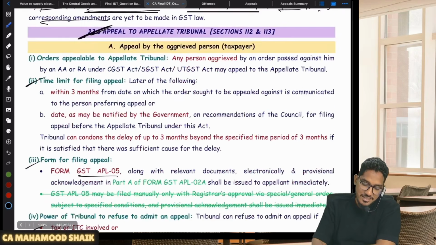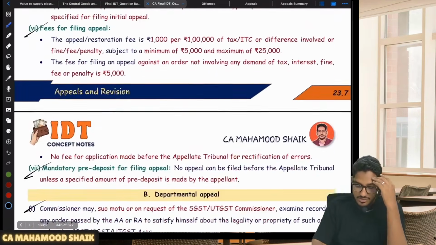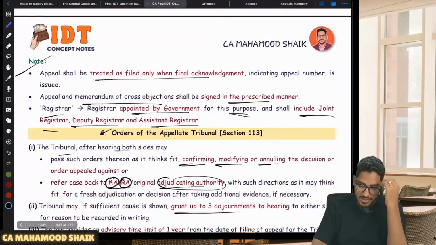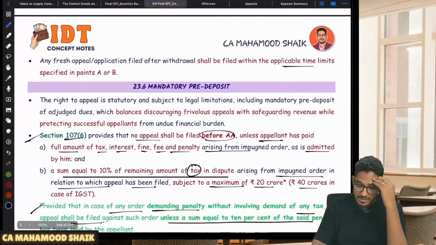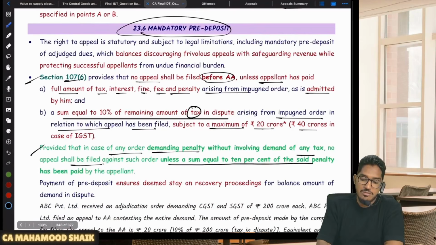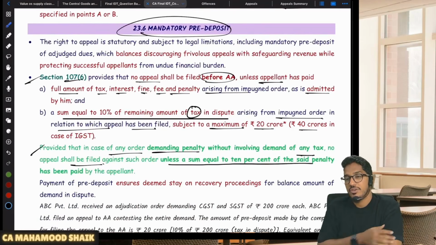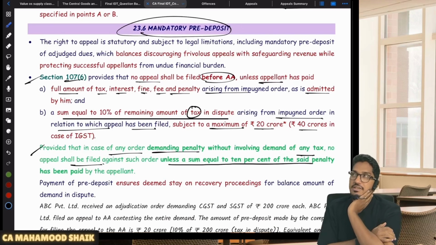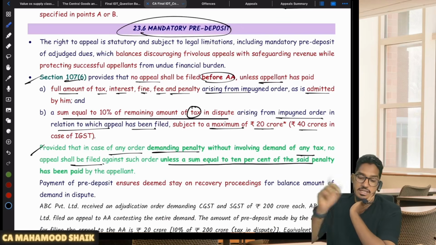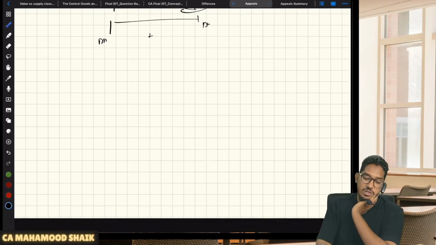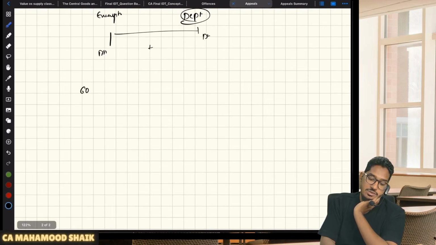Then that's it. This is the appellate procedures, the procedural formalities related to the appellate authority. Now let us try to proceed further. Now I have told you about the mandatory pre-deposit. When you are going for appeal, you are required to make a mandatory pre-deposit. Let us take an example. If you remember the example I gave, 60,000